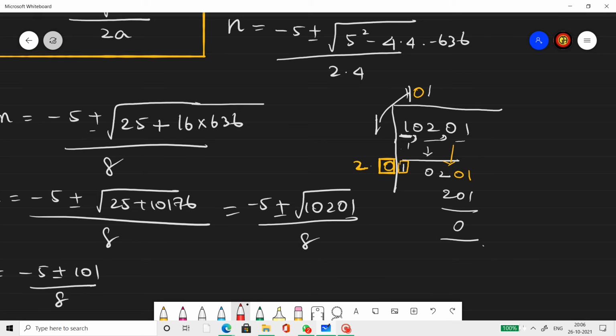Next, I'll bring the next 2 digits down. The next 2 digits are 0, 2. So that is brought down, 0, 2. And after you bring the digits down, the quotient is 1 here. Whatever quotient you get, multiply that with 2 always and put it over here. So 1 into 2 is 2. Imagine if I get 2 here, I'll do 2 into 2 and I put 4 over here. Then just draw a box to indicate that we're going to find a number over there.